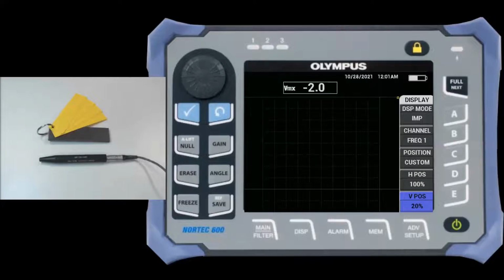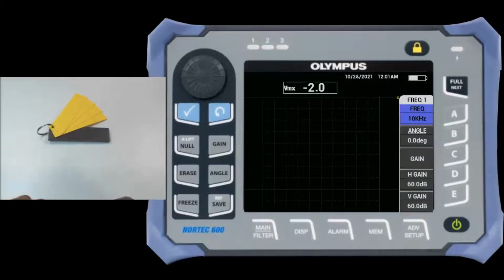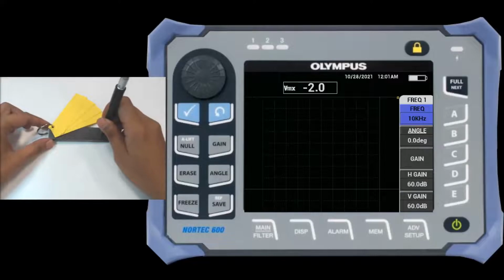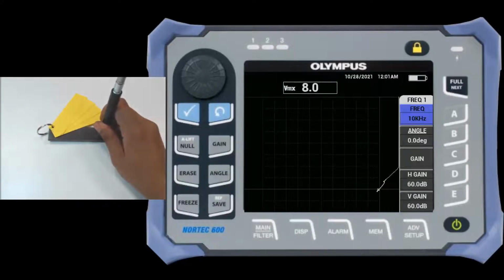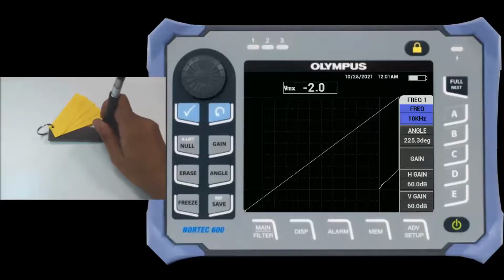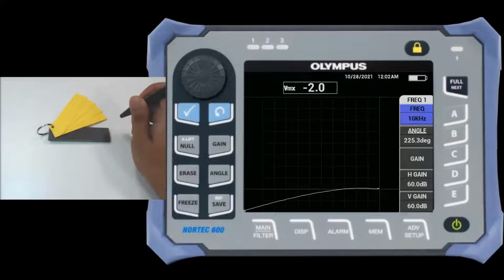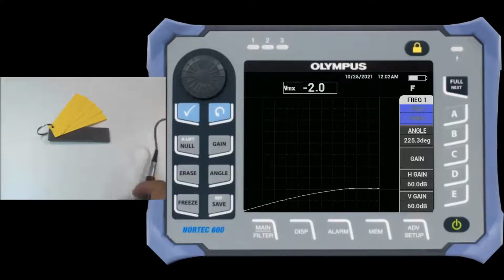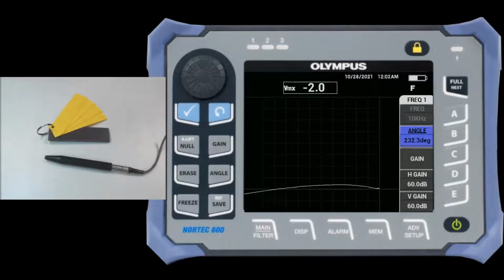Then after which you take your probe and put it on the reference standard. Do a long press on the null button to activate your automatic lift off. So this will automatically change the lift off of your probe. Okay. Then press freeze and change your angle so it will be slightly above the horizontal line. Okay, once done,